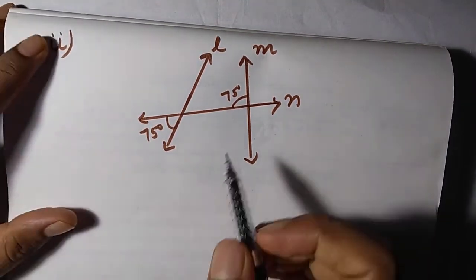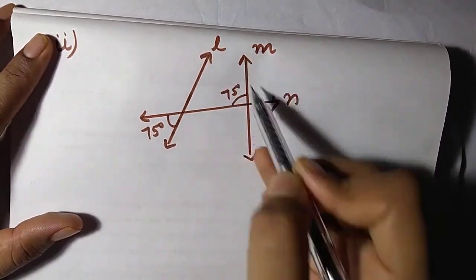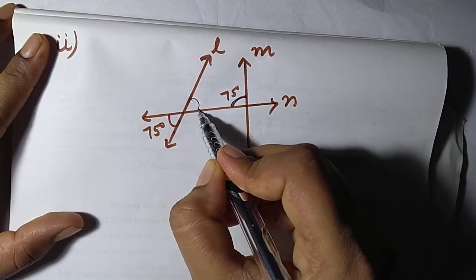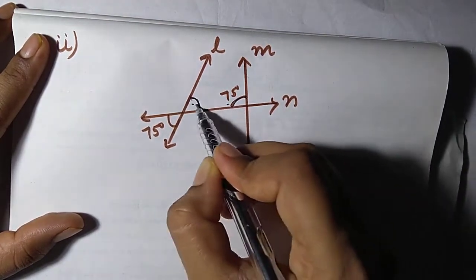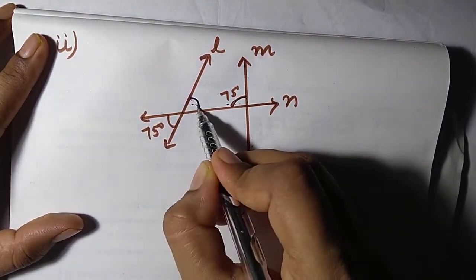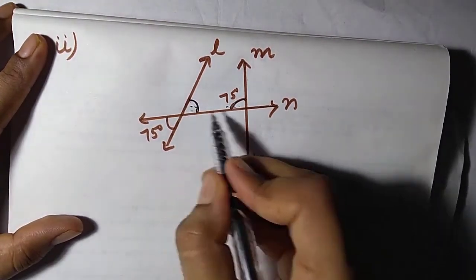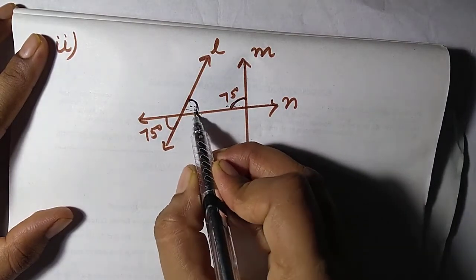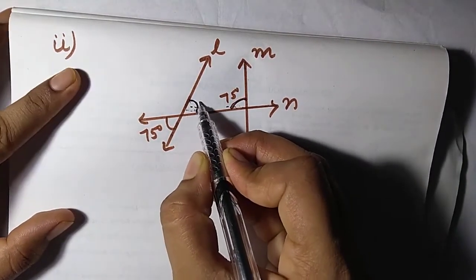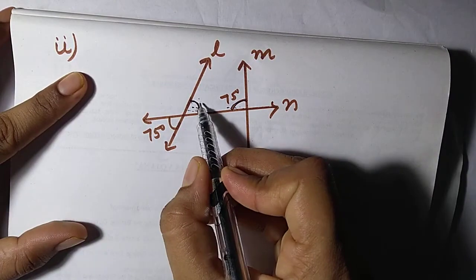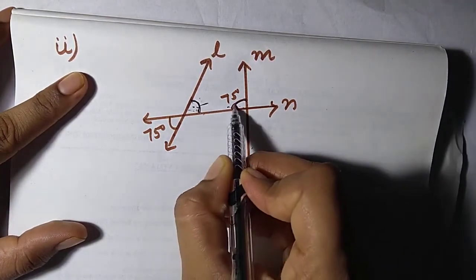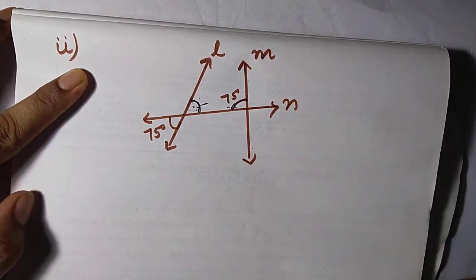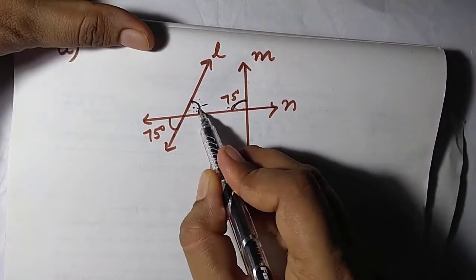Okay. So here, if these are the two lines, this is one interior angle and this will be the second co-interior angle, because these two angles are inside the lines. It means interior, and together. Co means together. It means same side of the transversal. Okay, so if I add the measurement of this angle and this angle, if it comes out to be 180, then the lines are parallel, otherwise not. So I don't know the value of this angle.